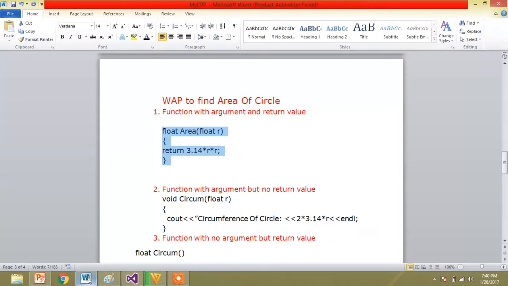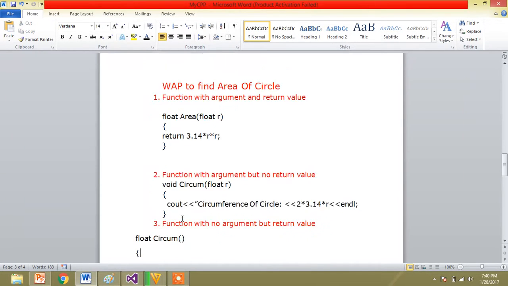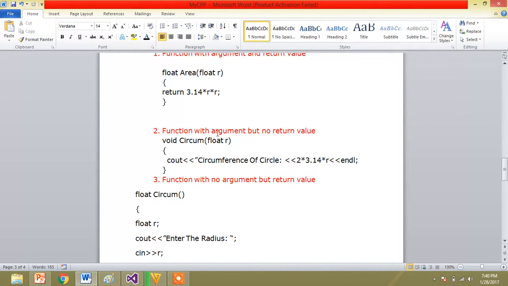Now let's do the next program, the next user-defined type: function with argument but no return value. Function with argument is there. Return type is what? I'm just changing the program which I had done previously to find the circumference of a circle. Now here we are going to write it as area of circle, 3.14 into r.